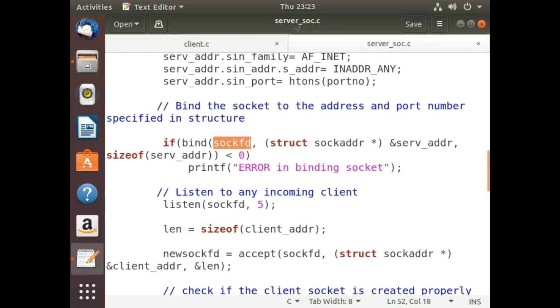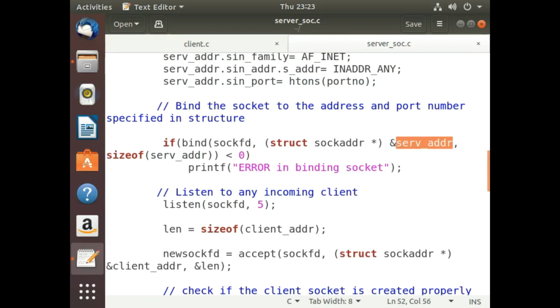The second is a pointer to the structure of our server address. But here you may observe we have cast that structure variable into the type struct sockaddr. This server_addr structure is of type sockaddr_in, but the bind function expects a pointer of the sockaddr type, so we have cast it into the required type and then pass it as the second argument.